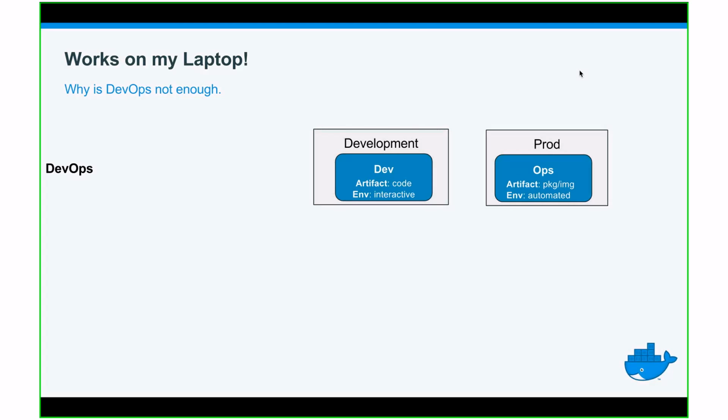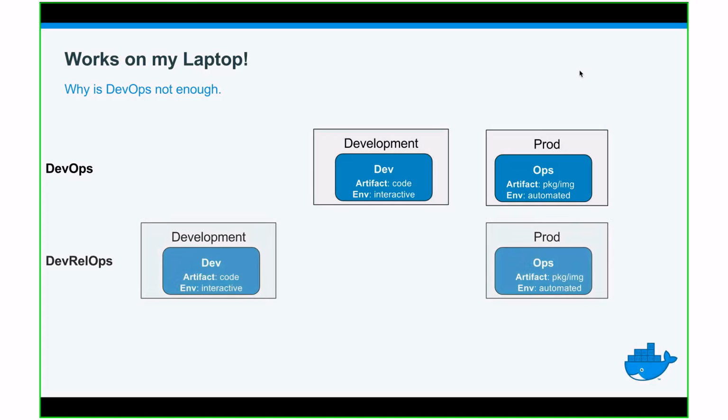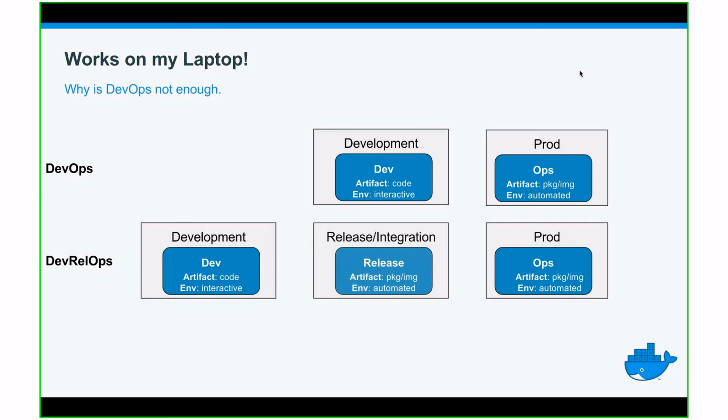And operations, they don't want the code. They might want to have a package or an image to install on the system, or maybe a complete file system for a server to run, or an AMI or whatever. And this environment should be automated. So you need some service discovery, and you need not to hard code everything, and it needs to be integrated in whatever production environment you have. So it's more dev-rel ops, so release ops. But maybe this phrase won't resonate too much with everyone.